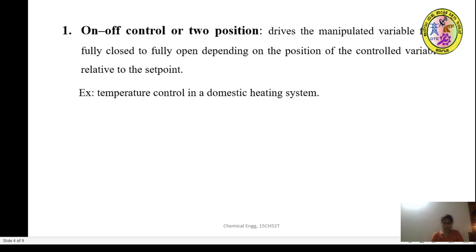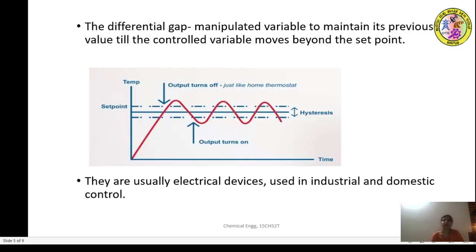The manipulated variable here we represent in terms of m, and the error we represent in terms of E. For example, temperature control: on-off control mode of action works best with temperature control in a domestic heating system. So the differential gap makes the manipulated variable maintain its previous value till the control variable moves beyond the set point.